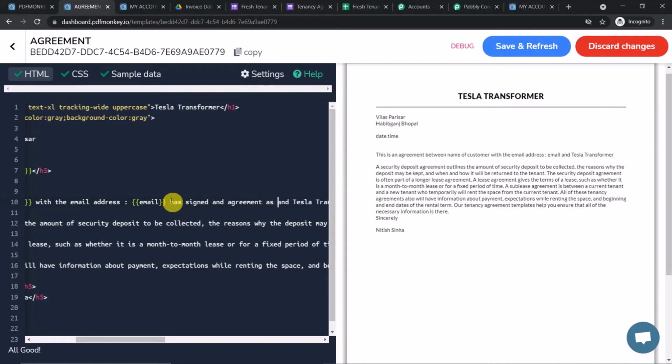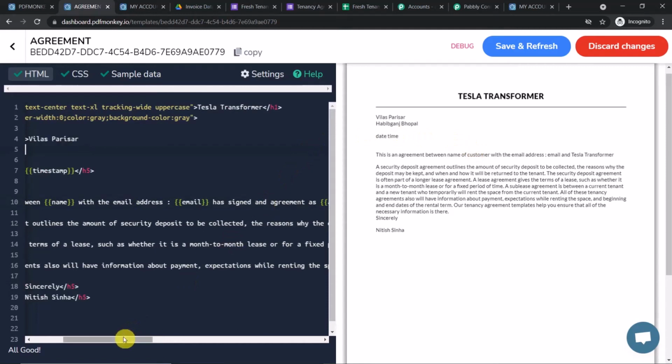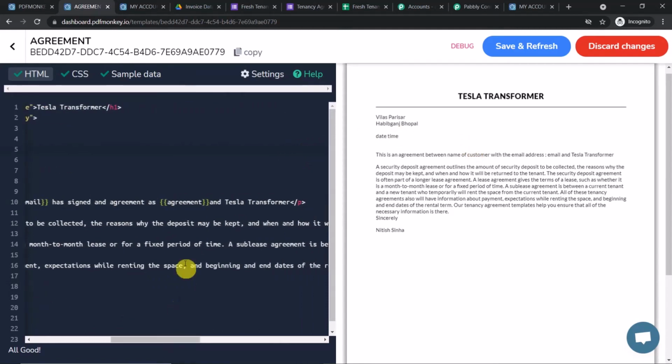Agreement as, and what I'm going to do here is I'm just going to enter 2 pairs of double quotes, curly brackets. Okay, inside the curly brackets I'm just going to add the agreement. Okay, excellent, agreement. So now what we are going to do here is, once again,